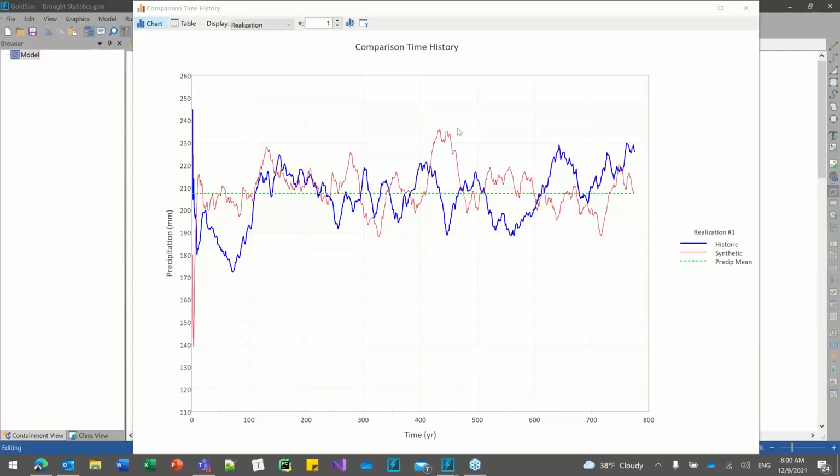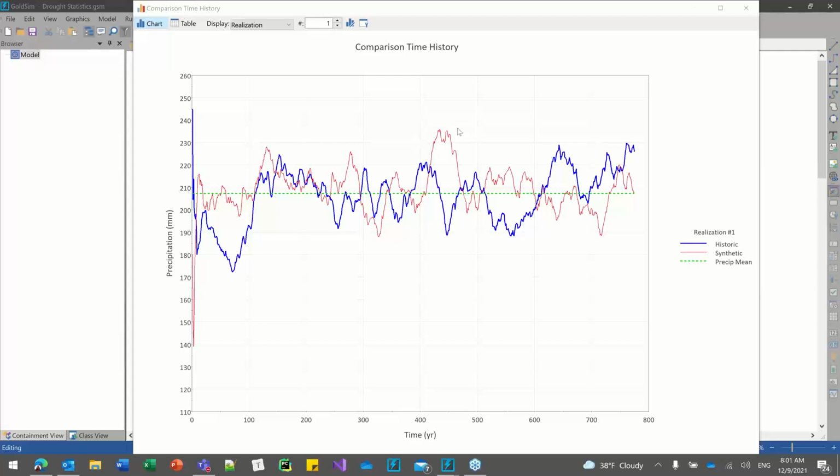I'll walk through the process of building a simple model that will walk over a historic time series that I've obtained from an online database, and then I'll show you how I walk through that time series, capture information about it, and then generate statistics that tell us things about the droughts. So, for example,